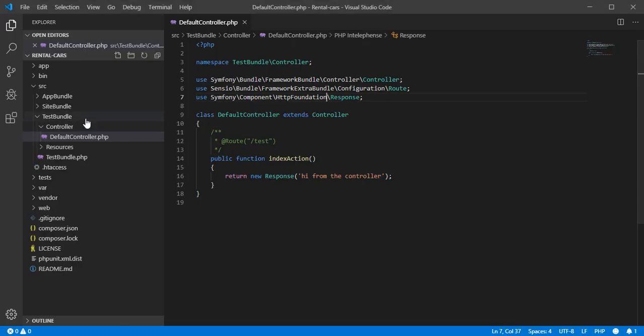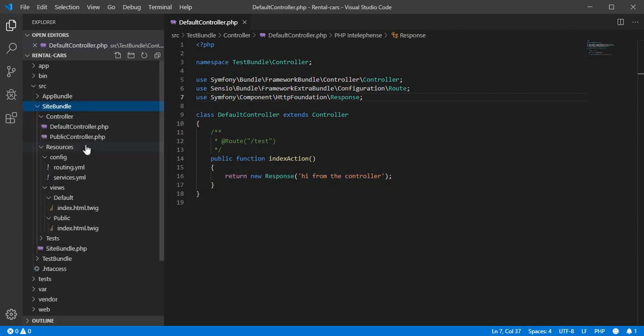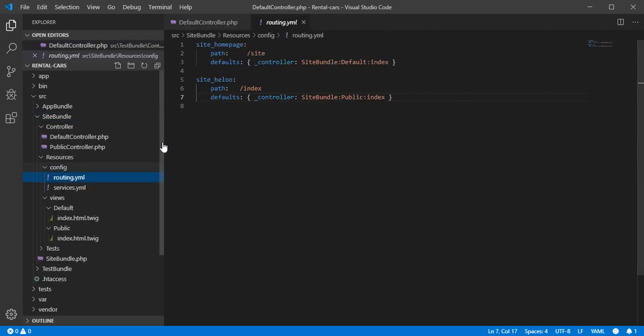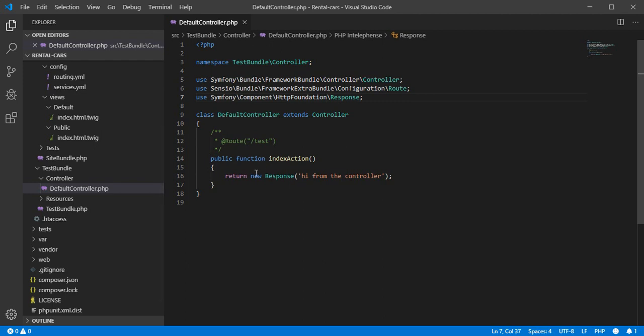So what we learned in this video is that we can't put two types of routing format in the same bundle, that's for sure. And here in the routing YAML, this name must be unique. And now we learned how to return a page or to return just a phrase or a message. So this is all for this video, and see you